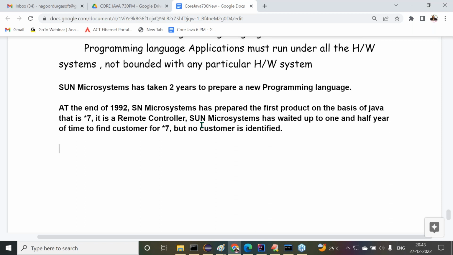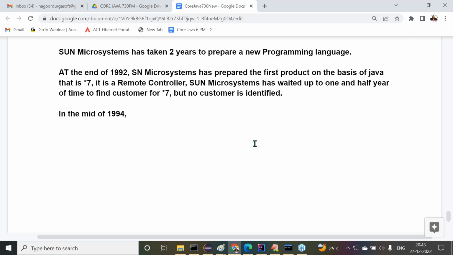But now, in which year are we? 1992, plus 1.5 years, almost the mid of 1994. In the mid of 1994, there was a boom for WWW as part of the internet.